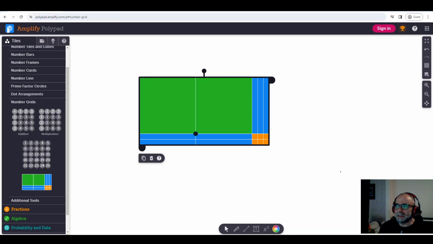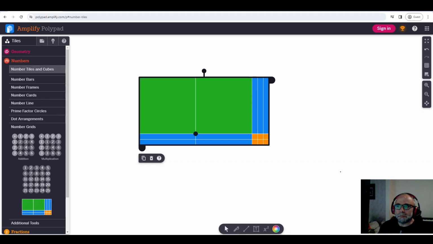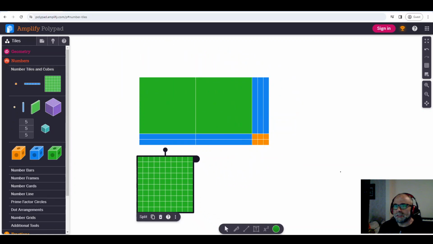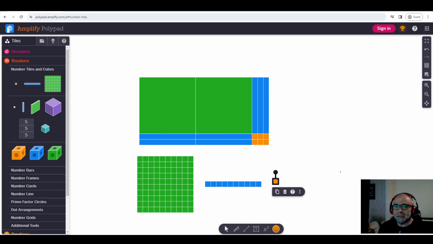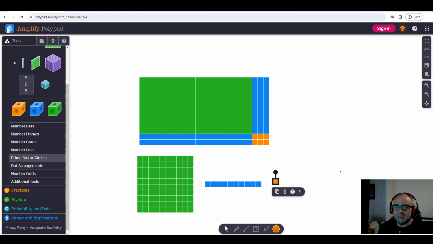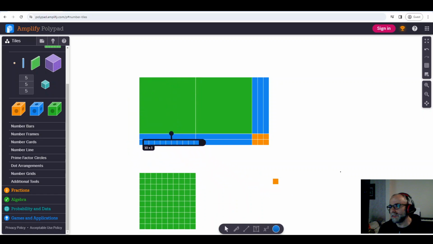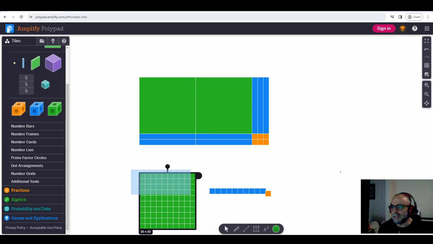But that aside, I want you to think about what we did with the number tiles. I'm just going to drag these out to remind us of what these were. Notice we're one level of abstraction deeper with this set. You can see that the green fits perfectly over the green, the blue fits perfectly over the blue, and the orange fits perfectly over the orange. And that's not done